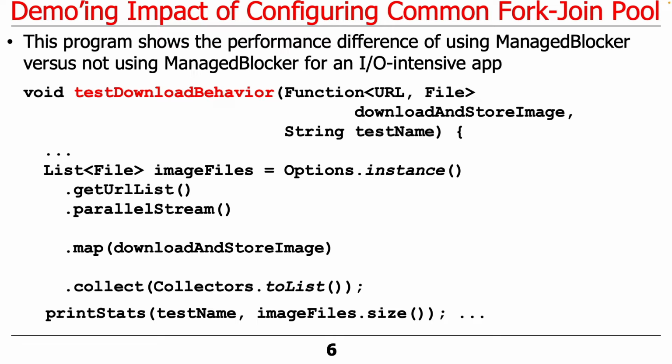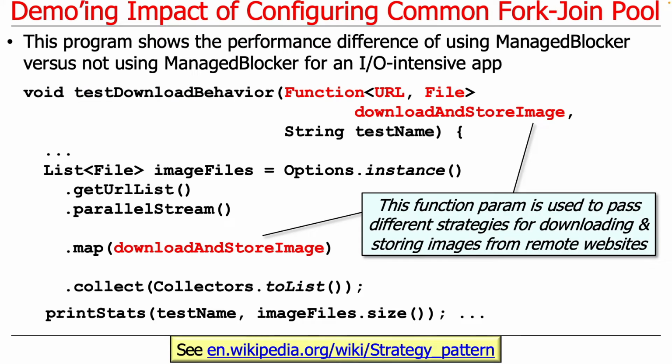We're going to look at the example in more detail in a second. But basically, there's a method called test_download_behavior, and it's passed in a function. This function parameter, as we'll see, is used to pass in different strategies for downloading and storing images from remote websites. Not unlike part of your assignment, but a little bit different. And we'll see that there are 3 different ways it does this. This is, of course, a good example of the good old Gang of Four strategy pattern. We can strategize the means by which we download and store images. So this method is strategized by this function that takes in a URL and returns a file to a stored